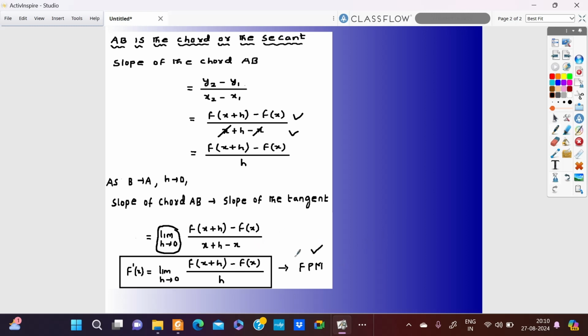Here we say the first principles method is basically f dash of x, which is equal to the limit as h tends to 0 of f of x plus h minus f of x divided by h. I hope you understood this, and we could use this first principles method to prove the first derivatives of a few standard functions. Alright,